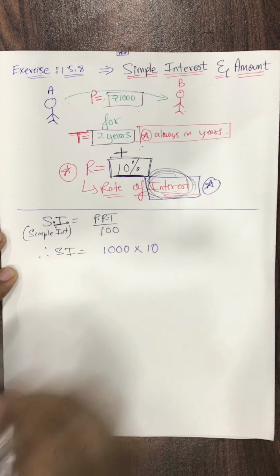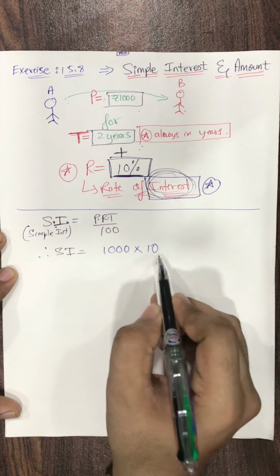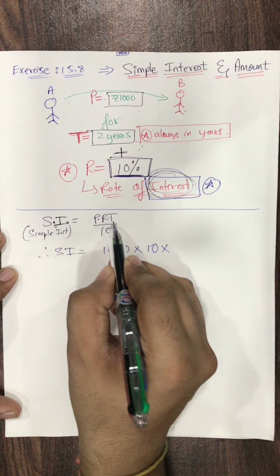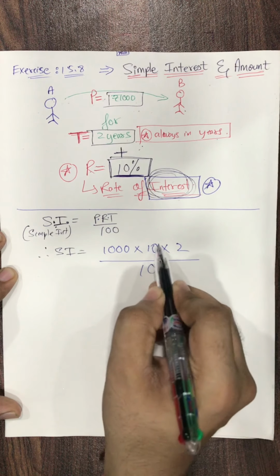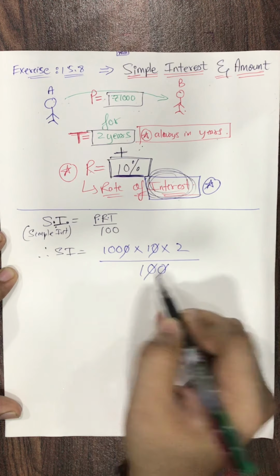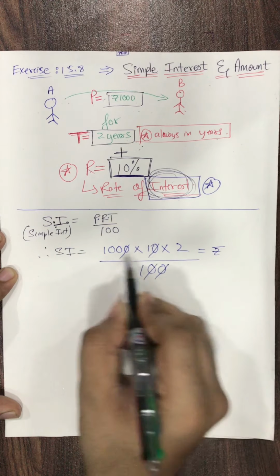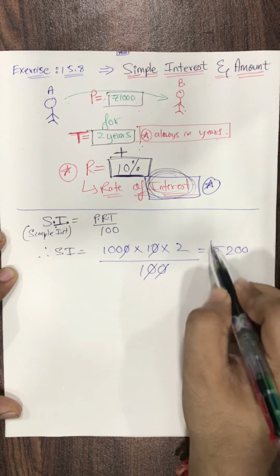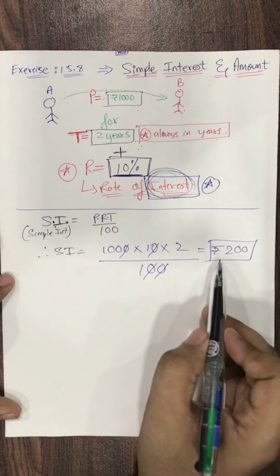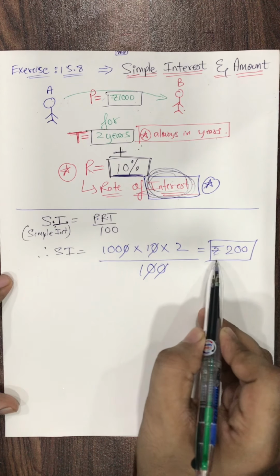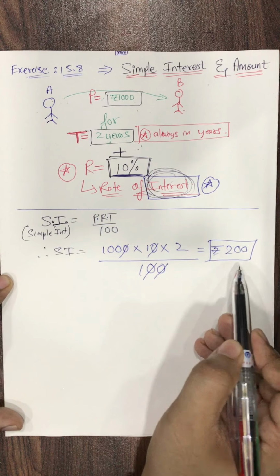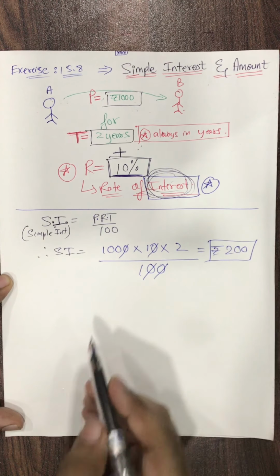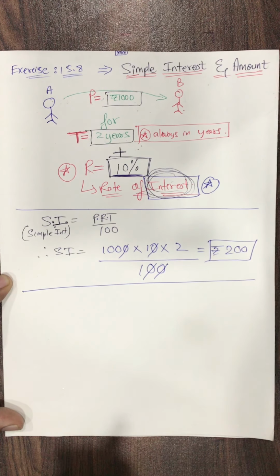That's the reason यहाँ पे 100 है formula में. At the place of R, 10. Multiply by T. T is the time period. How many years? 2 years. So 2 upon, in the formula, 100. 0 0 cancel. 0 0 cancel is equal to rupees 100 multiplied by 2, 200. If you forget to write this rupee symbol, you have to write the Bharat wala rupee symbol, not RS, then 1 mark will be deducted. So what is simple interest? Rupees 200.